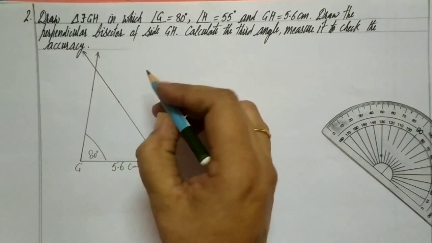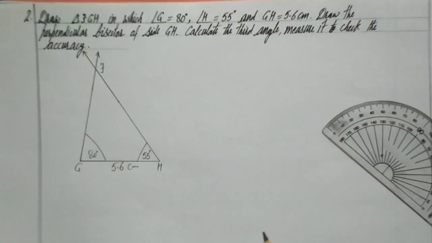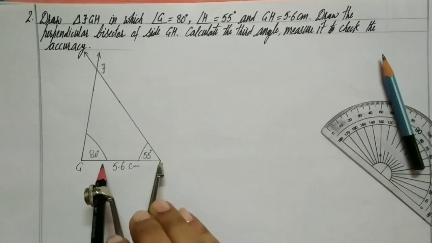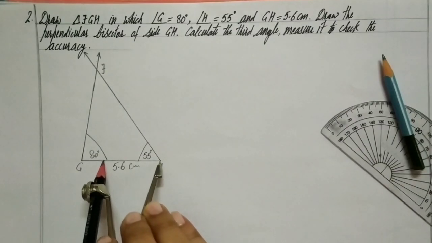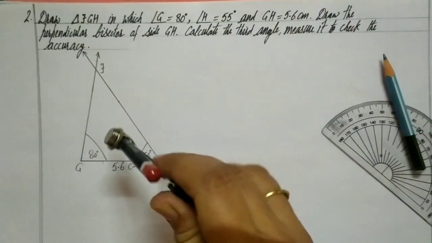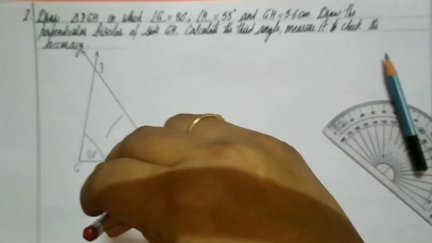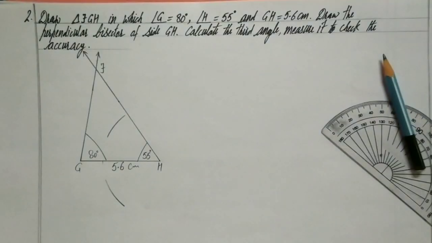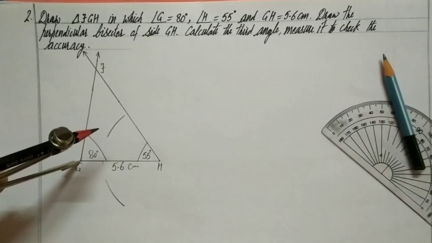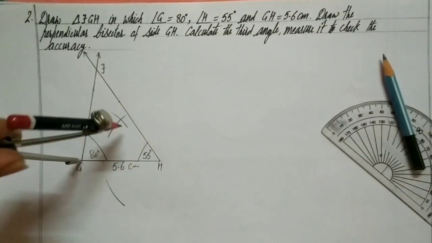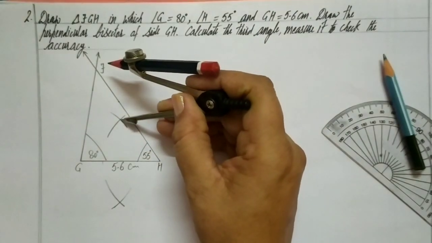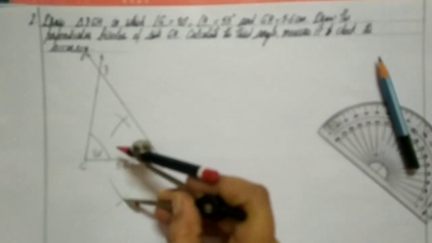Just wait, first of all we have to write down here F, because this is triangle FGH. Now open your compass more than half of 5.6. There is no need to measure, just by observation you can open it like this. So taking G and H as center, one by one you have to mark arcs of the circle over here, outside and in the interior of the triangle. Then taking G as center with the same measure, you have to intersect the previous arcs like this. So here is the point of intersection of these two arcs.